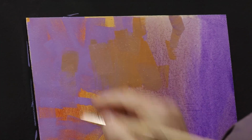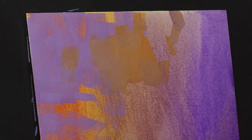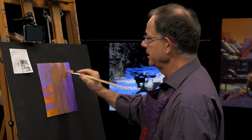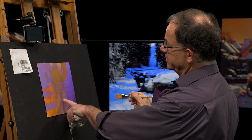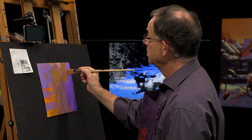I'm going to paint a little bit back into that. You can see how the value is very close to this. And this is what I'm interested in this particular piece, is trying to get the values, light, mid-tone, dark. I can go lighter than this because I've got the white, and I'm going to paint a little bit more opaque over top. But in general,